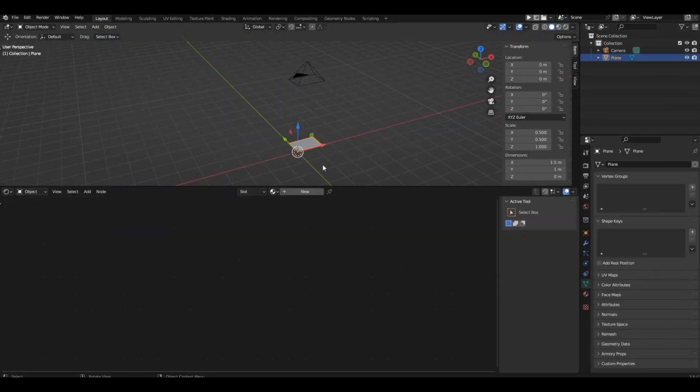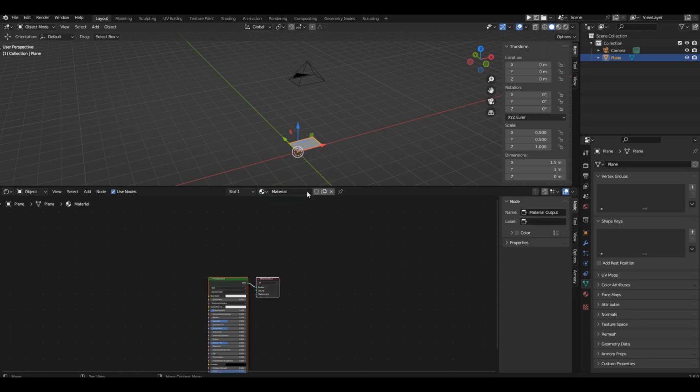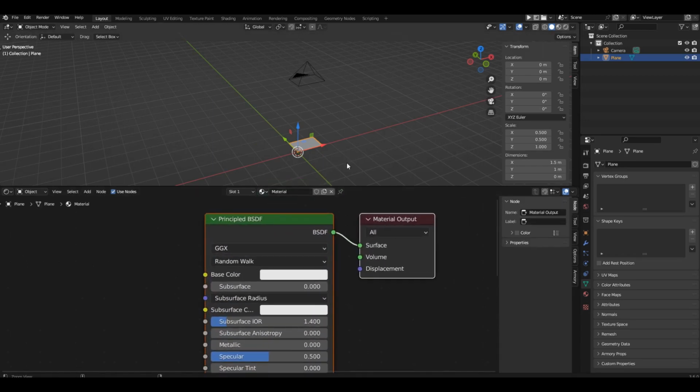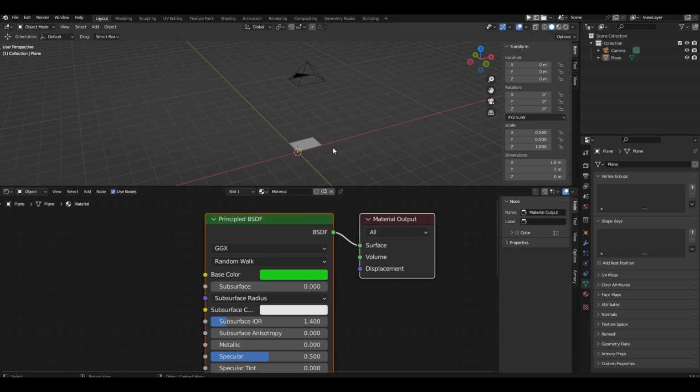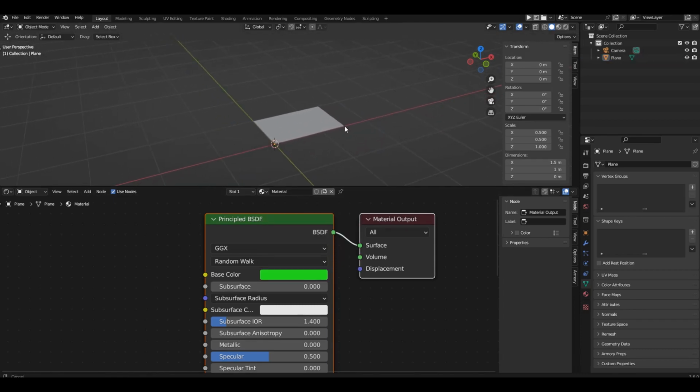Let's select our background and create a material for it. To do this, simply press the New button in the shader editor. Now we can choose the color for our background using the color palette. Currently, you won't see any changes because you are still in solid mode. This mode, by default, doesn't display materials, and it's usually used for modeling. To see bright colors in the gray world of Blender, you need to switch to Material Preview mode. Now things are more fun.